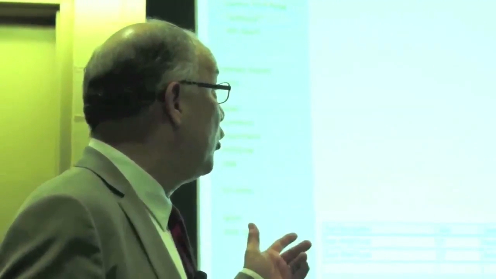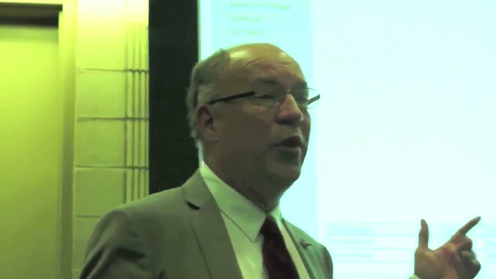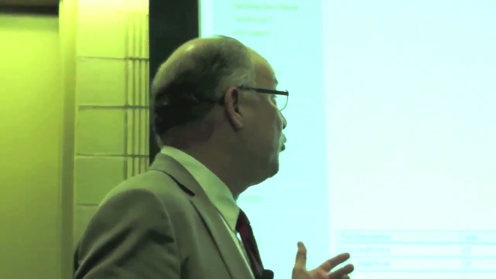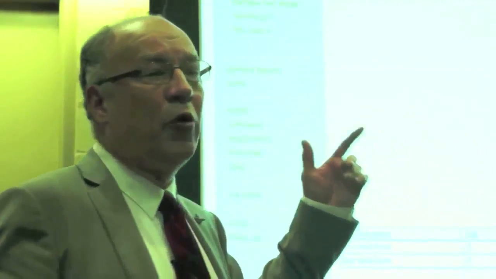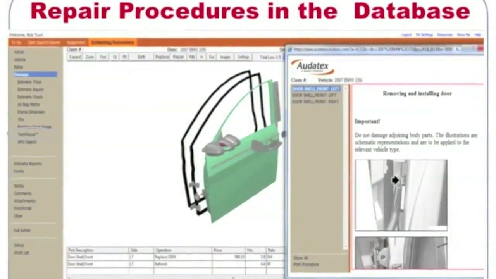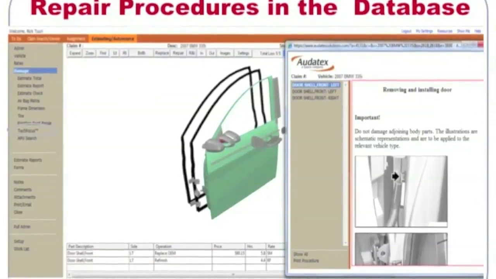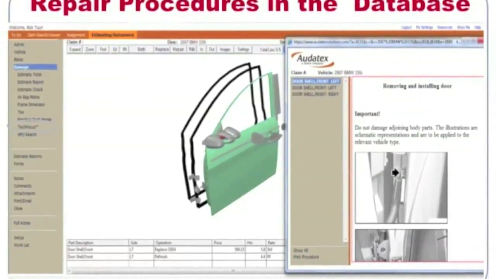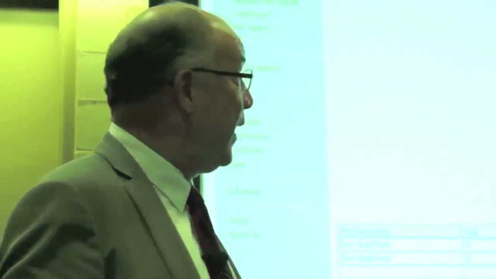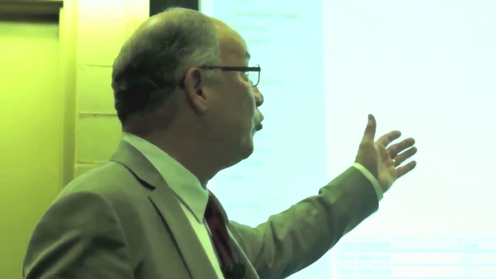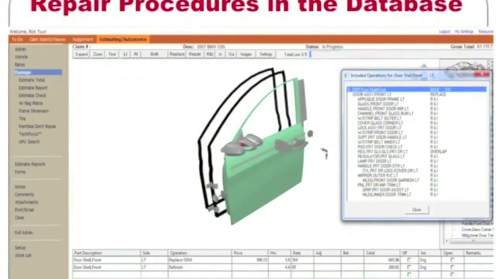Many of them include reflection of OEM repair procedures graphically within the database, and this is what it looks like if you select a vehicle where we have put the procedures in for tech focus. And as I was saying, for every part, we include all the operations that the OEM recommends, because our labor folks pore through the manuals, figure out every recommended procedure, put our times on that, and if you don't know what's included in the part, all you have to do is right-click. You can get included operations right on the screen, so that you know exactly what labor is being accounted for